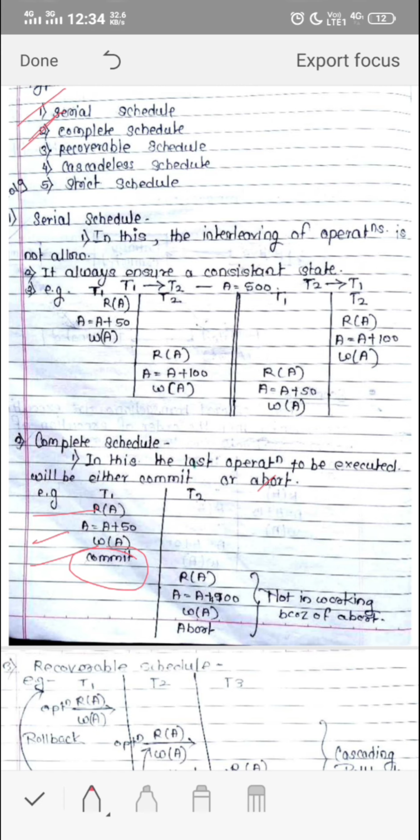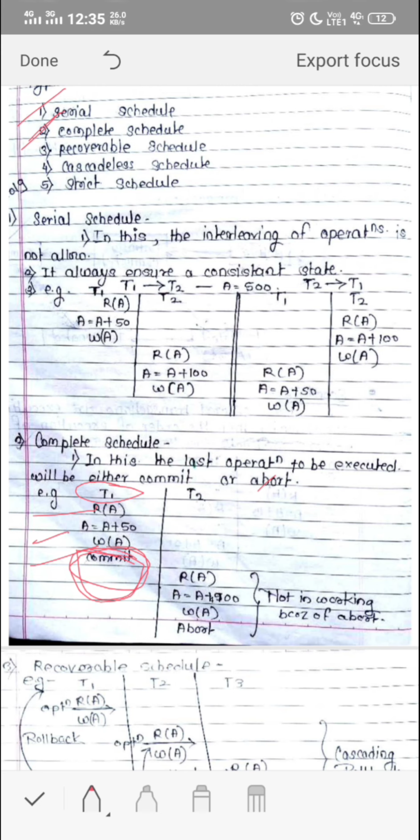When the last operation of any transaction is either a commit operation or an abort operation, it is called a complete schedule. If I talk about this particular transaction T1, T1 is committed, which means the value will get updated into the database permanently.